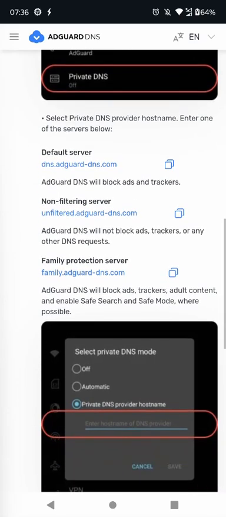And then we've got the family server, which blocks ads, trackers, and adult content, so porn and stuff. And then it enables safe search and safe mode. So there you go. Okay, so all we need to do is we go to our settings,